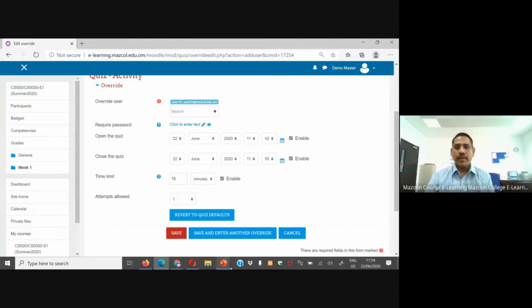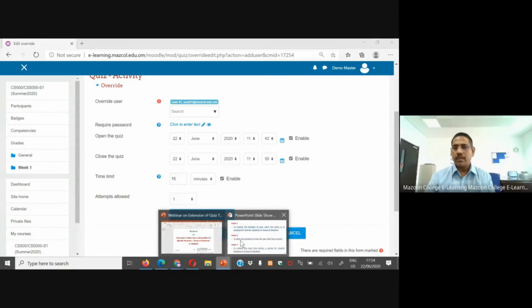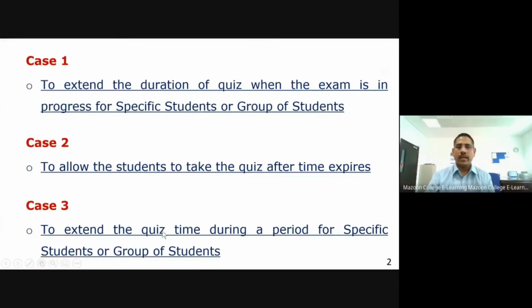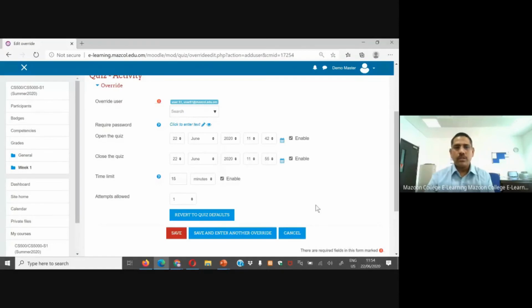Meantime, we will discuss the third case, which is how we extend the time for a period of time. As I said, I'm going to discuss this example now. For this student, at 11:50 it will finish, just after a few seconds.